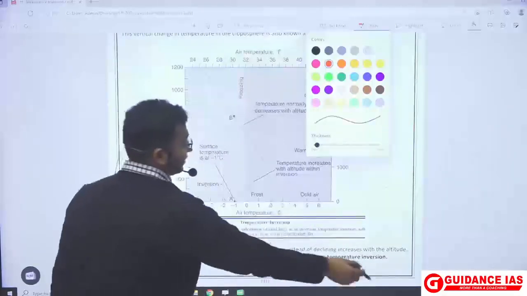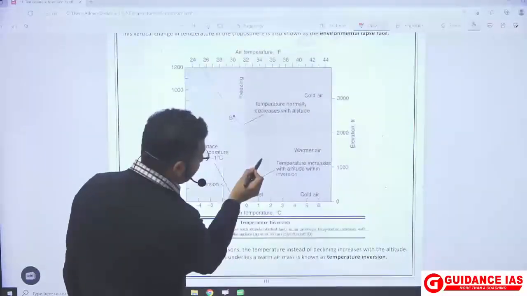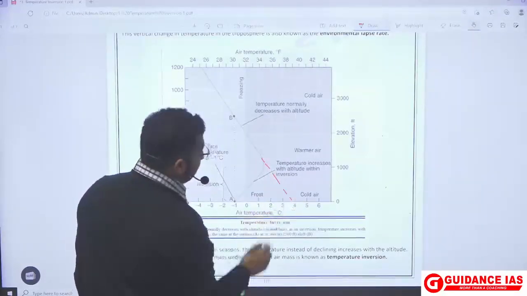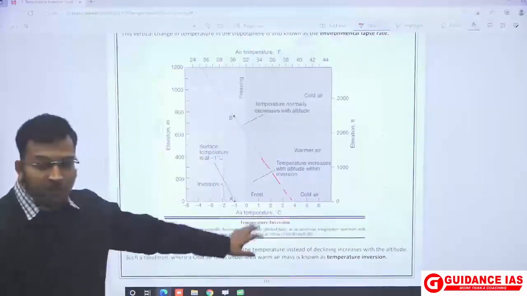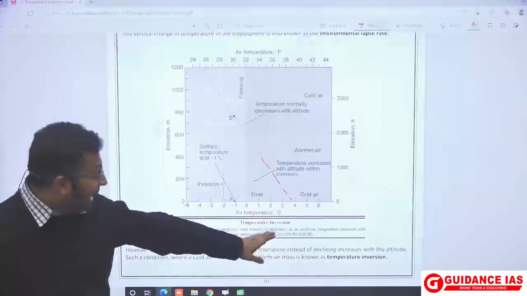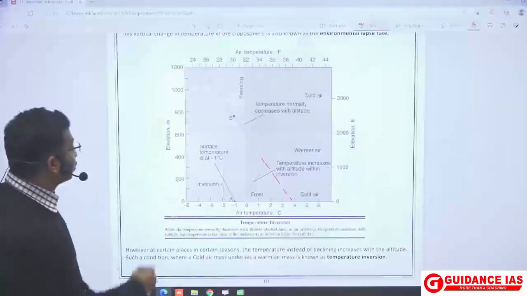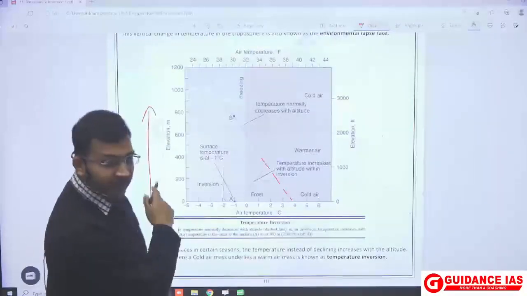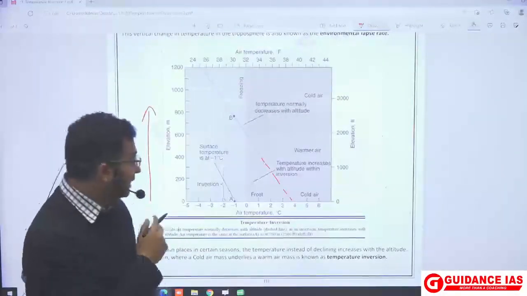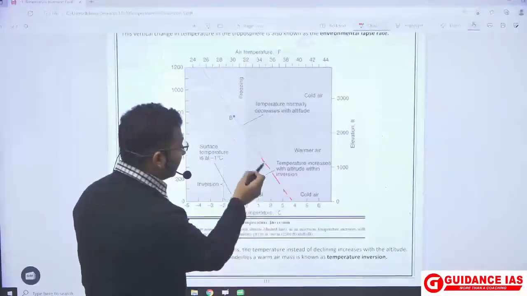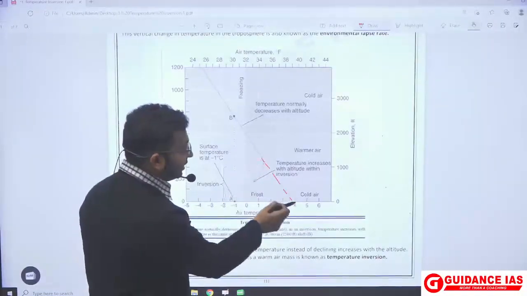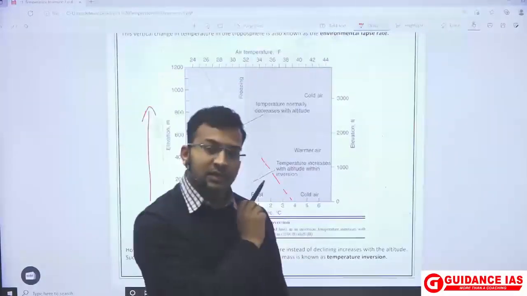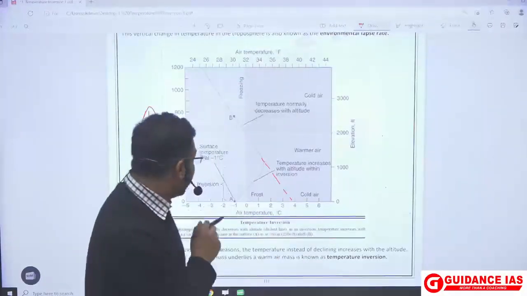If you see this dotted line over here, this is the normal lapse rate. As the height goes on increasing, as the altitude, the elevation goes on increasing, the temperature is decreasing at a steady average rate. This is called as the normal lapse rate. But